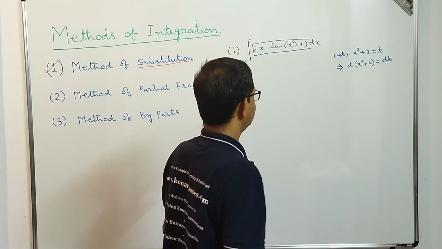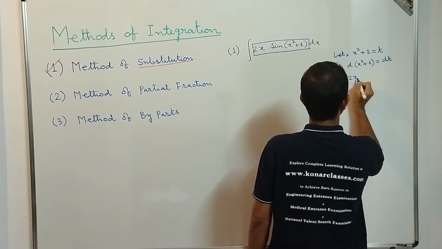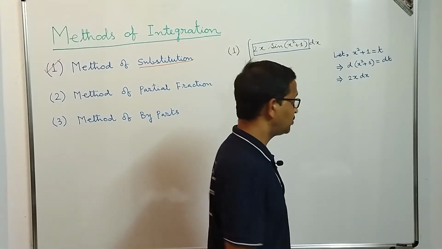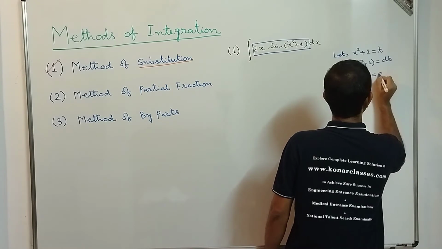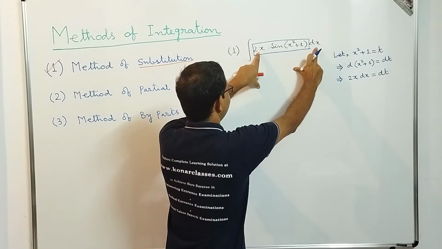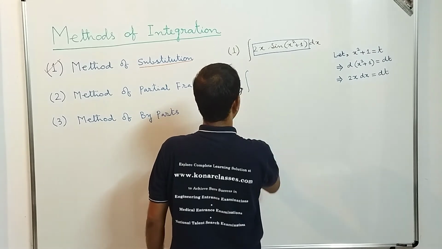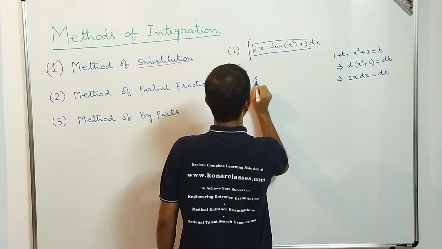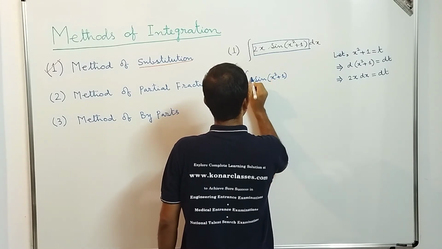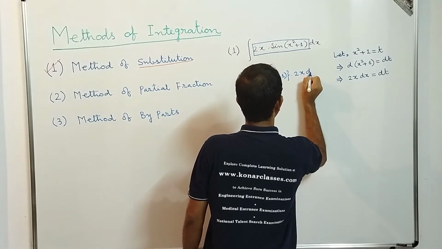Correct or not? So that is equal to what? Differentiation of x square becomes 2x dx, and differentiation of a constant is 0. So 2x dx is equal to dt, and that is a very comfortable situation because 2x and dx we can make it dt. So what we can write from here? Let me rewrite here: we are writing sine of x square plus 1, this is one expression, and then we are writing 2x dx.